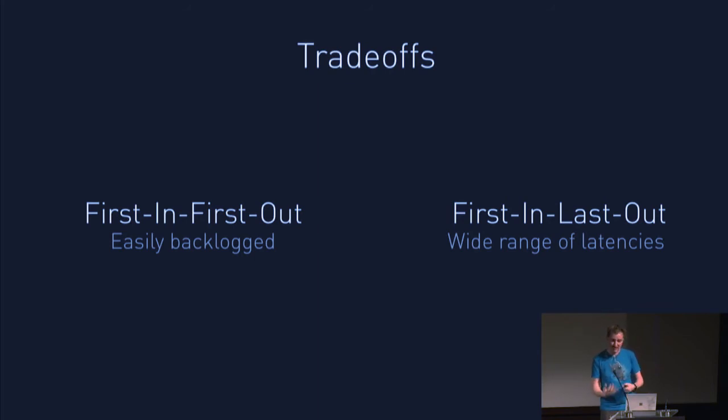You can instead go for a first in, last out system, which is usually more of a stack than it is a queue. But what this means is if you're backlogged, new requests still get served very quickly because they're on top of that heap, that stack. But it also means that the things at the bottom of the stack get really, really latent. And so it really depends, like, do you want to always have a good experience and then let the few people who drop out have a really bad time, or have more of an equal experience for everyone when things are going bad? So another case of the trade-offs.